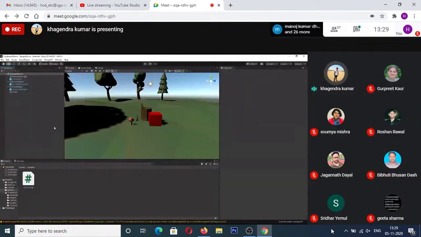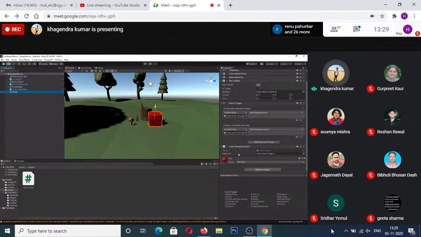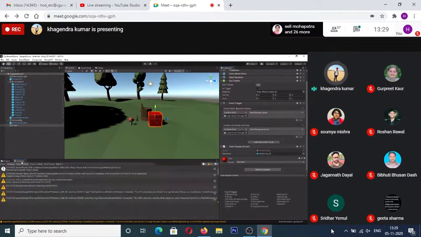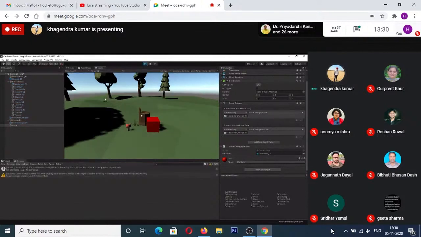All right. Now, once I am here, what I can see over here, if I look into the cube game object and go there, there is a mushroom component. I will go ahead and pass in this mushroom component inside this game object. Now, if I go to the console and play this scene, whenever I enter onto this cube, right now there is no position value of this mushroom.